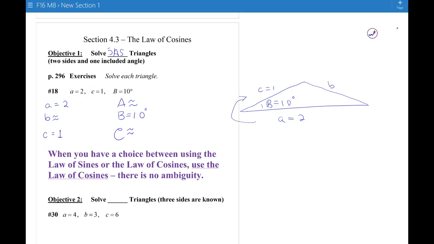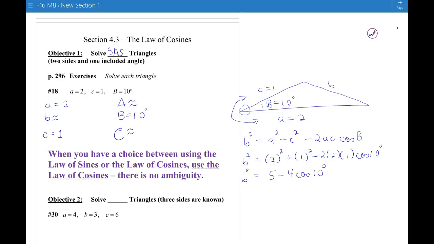So see how I have this set up for the law of cosines. I know two side lengths and the angle in between them. So side length B squared is going to be A squared plus C squared minus 2AC times the cosine of the angle between them. So let's fill in what we know. B squared is 2 squared plus 1 squared minus 2 times 2 times 1 times the cosine of 10 degrees. So B squared equals 5 minus 4 cosine 10 degrees. So that's going to be approximately